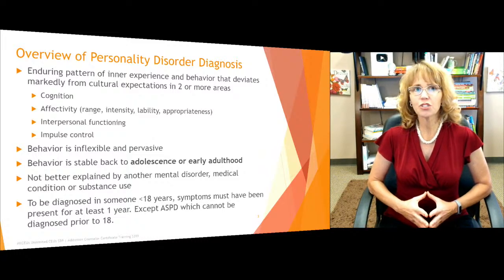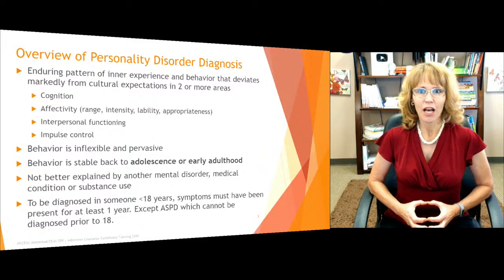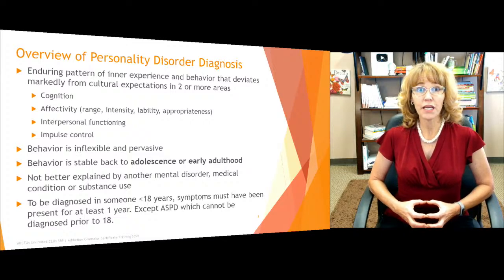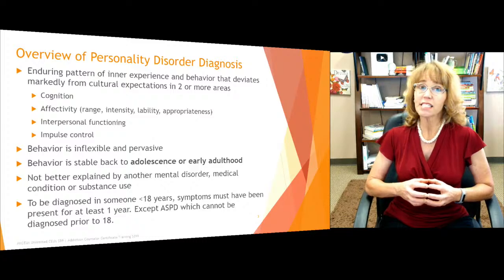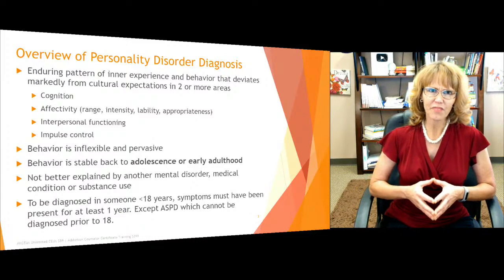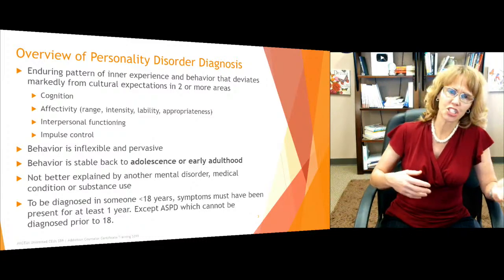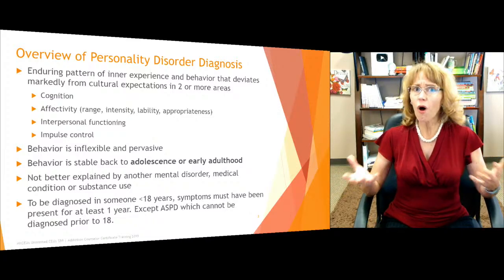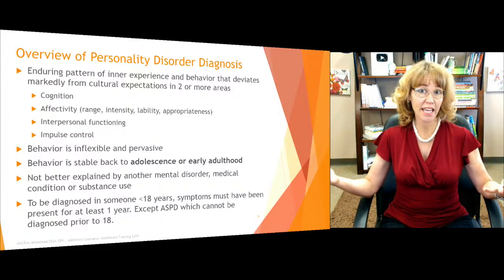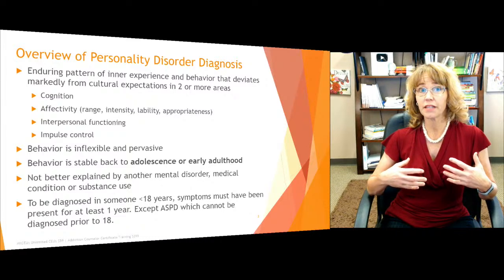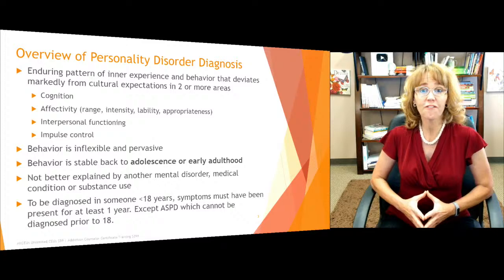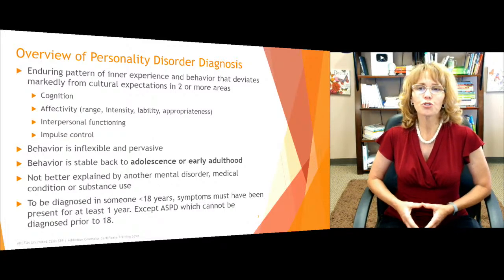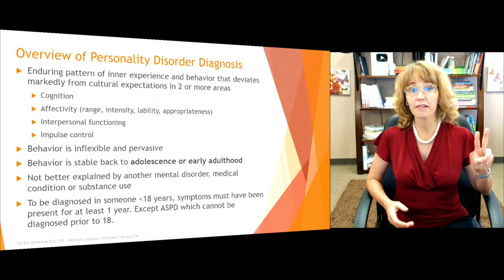And we need to examine what that might look like for each individual, and consider not only race and ethnicity and gender identity, but also other cultures such as age and the time that people grew up in. But it needs to differ markedly from cultural expectations in two or more areas: cognition,